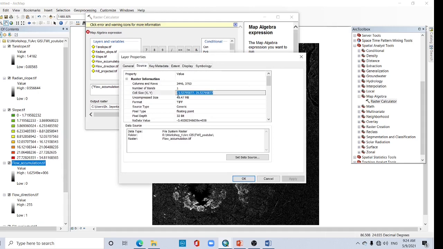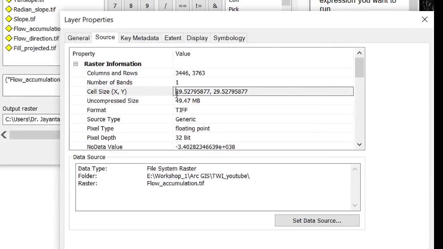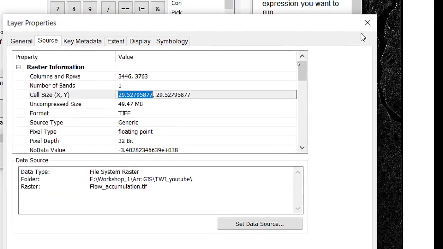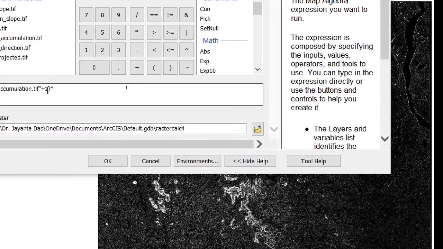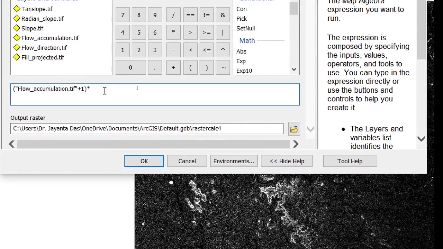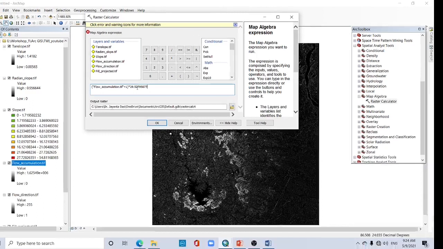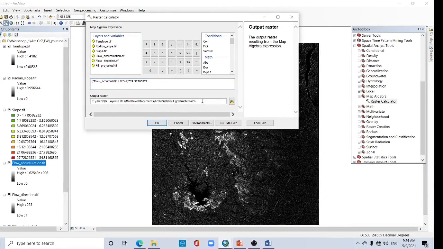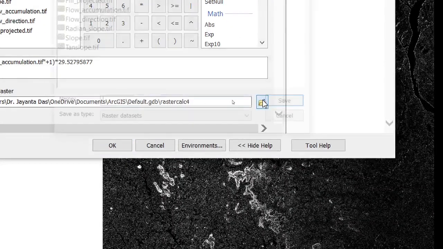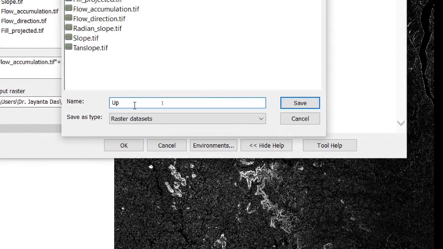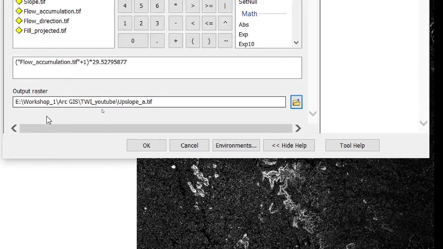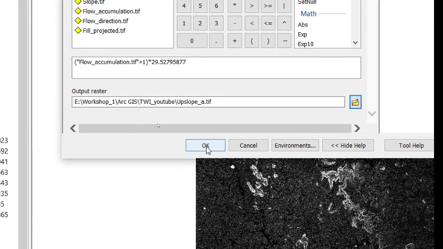This is the cell size. You can copy it. Multiply by this value. Now change your output path, upslope.tif. Save it and OK.